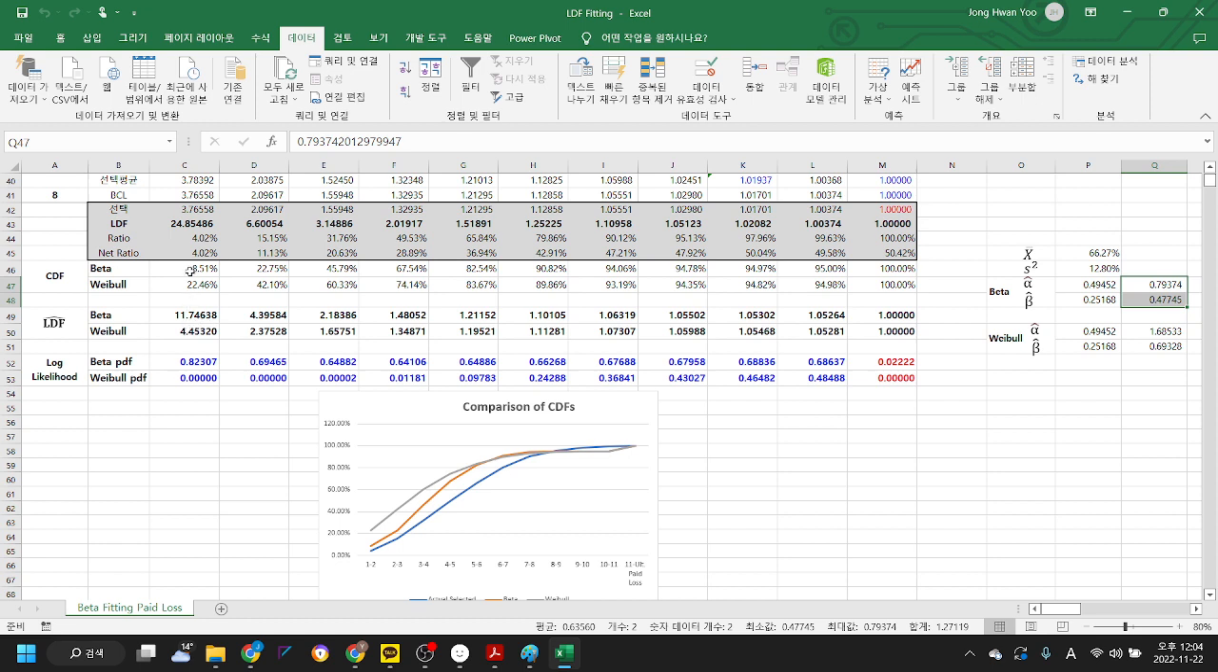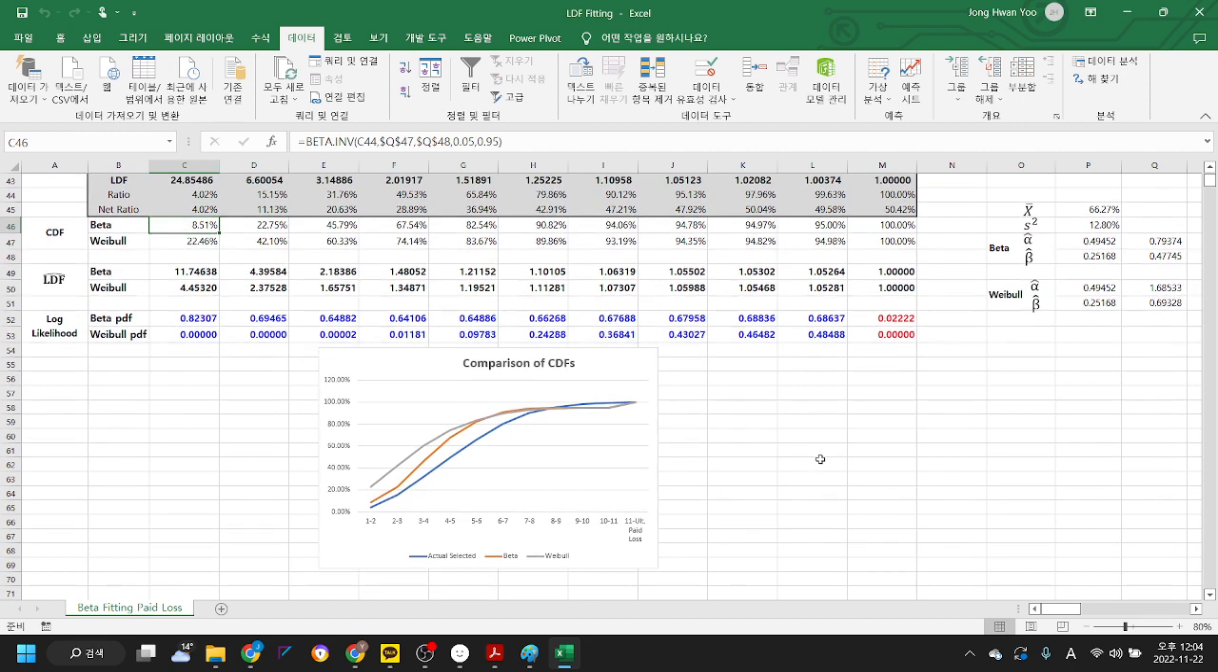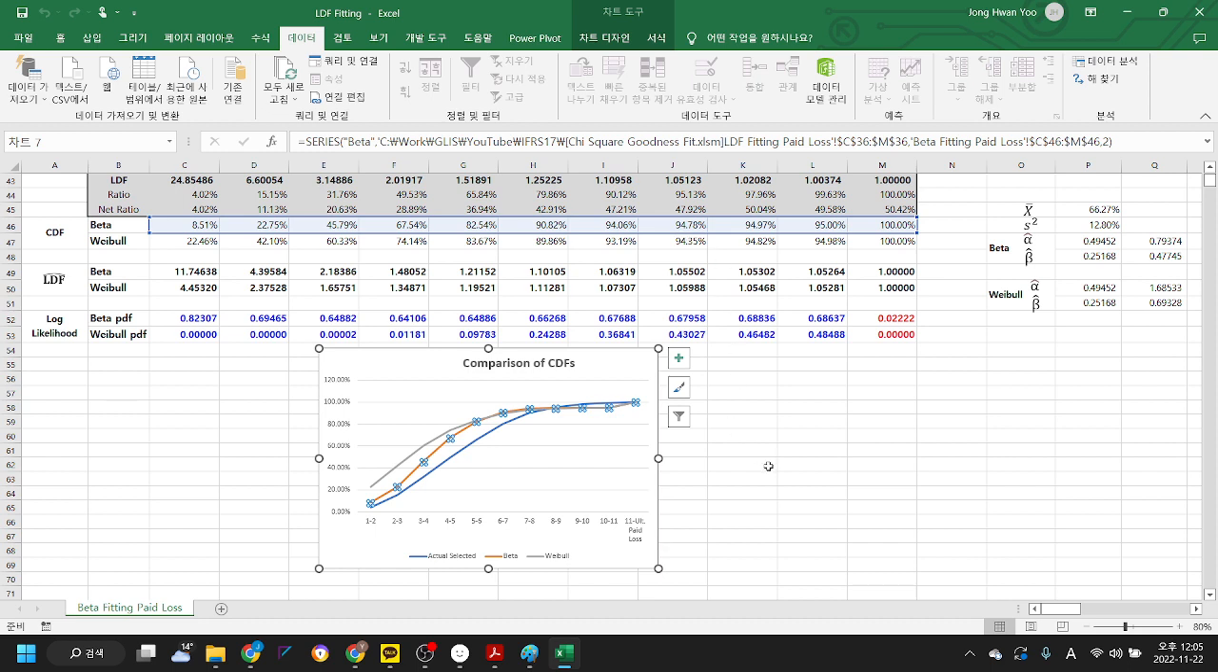And from here, I use the beta inverse function here, using the fitted parameter values with the given one. And this is the x value, because the random variable itself is defined between 0 and 1. And I got the actual random variable value. And that would be the fitted cumulative density function here. And I can compare the beta, which is something like this, right? And Weibull,